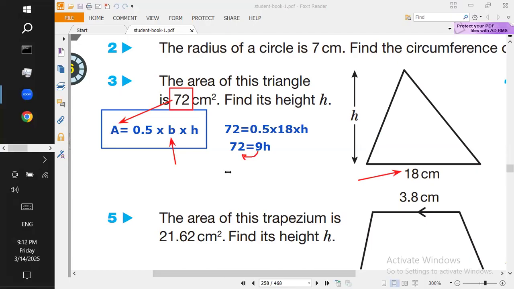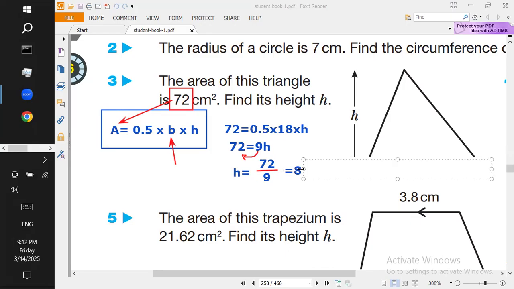So h equals 72 divided by 9, like this. When you calculate this, 72 divided by 9 equals what? Very good. Because it's missing an 8 from 80, it's going to be an 8. So the whole idea here, we divided 72 by 9, we got 8, and the unit should be in centimeters